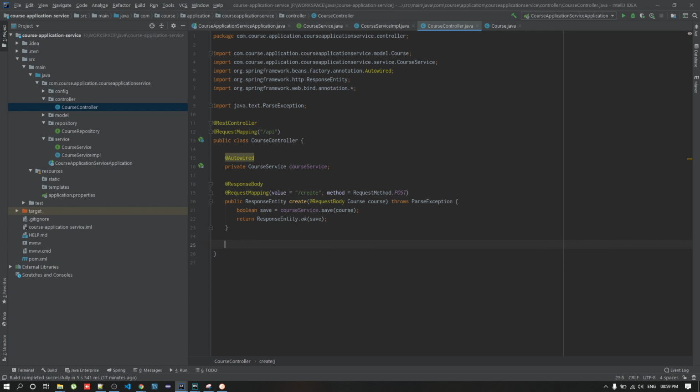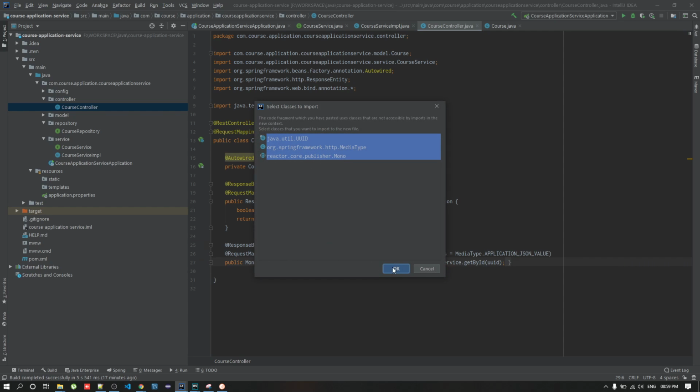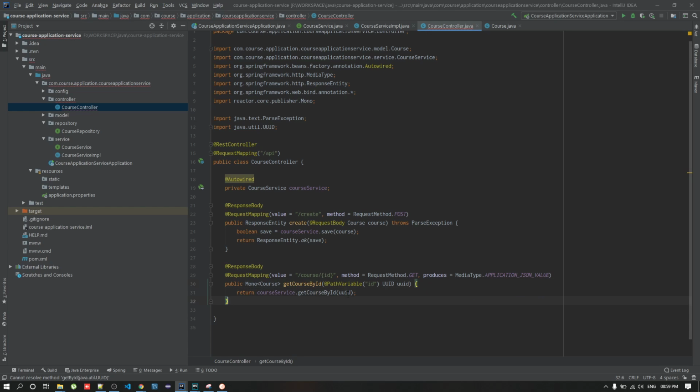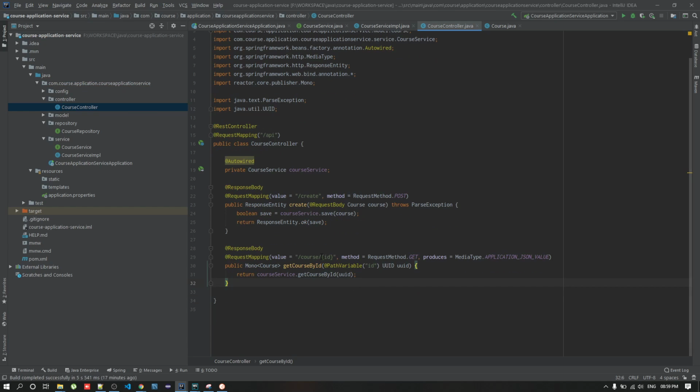So next thing will be, in order to get the course by ID, I will just copy paste my details, get course by ID. Based on the ID, UUID, we are retrieving the data.